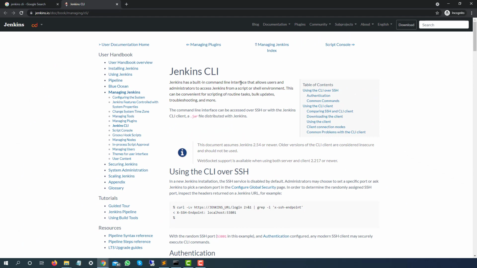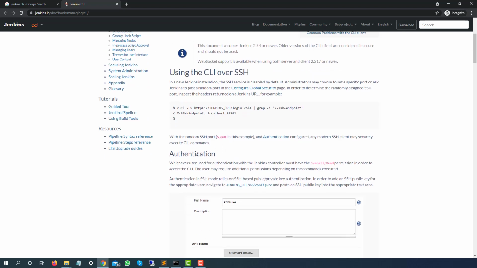Basically this is a more convenient way to build jobs, run certain tasks, bulk update, and troubleshoot. You can also do backup and restore. There are a lot of CLI commands available, which you can use for different purposes.